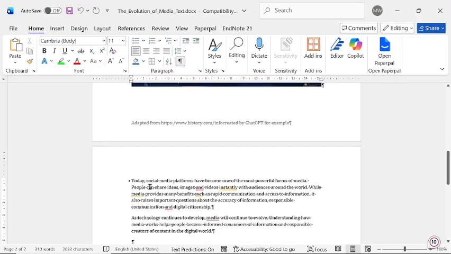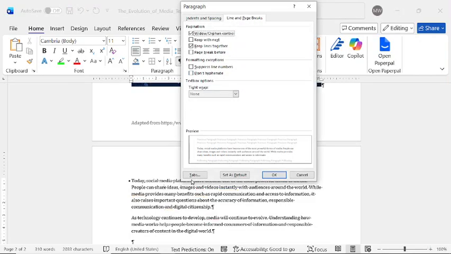Now in your paragraph settings option, there's also what we call your tabs, but I'm going to create a video just for the tabs so that it can be done in a lot more detail and so that you do not have to watch this entire video over and over just to look at the tabs part.